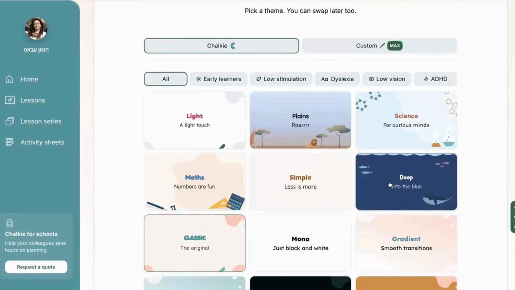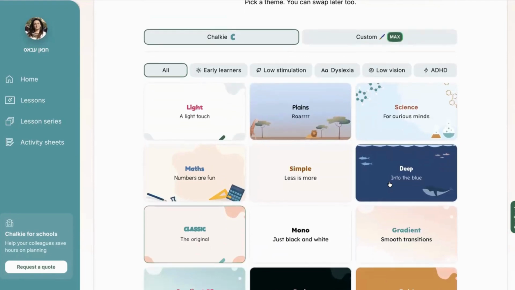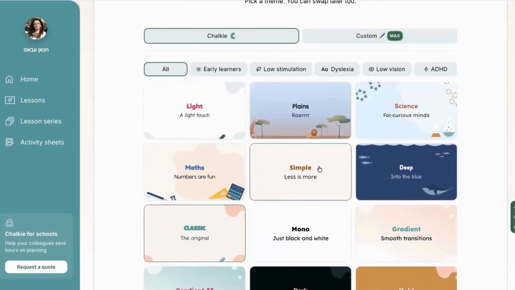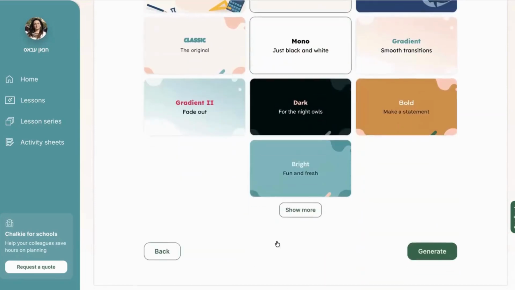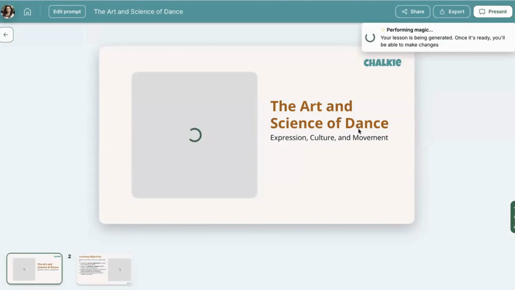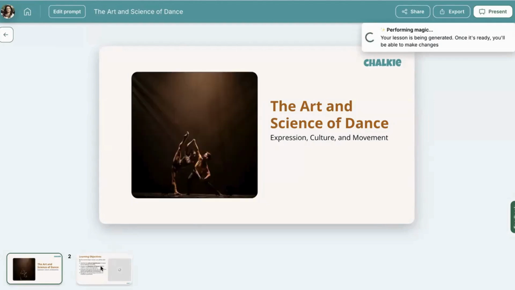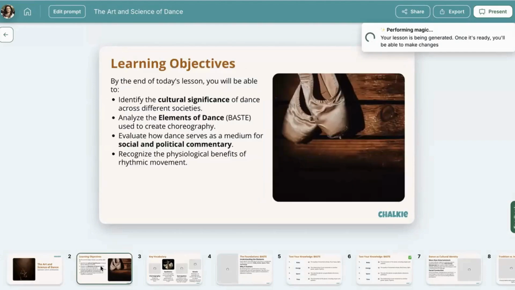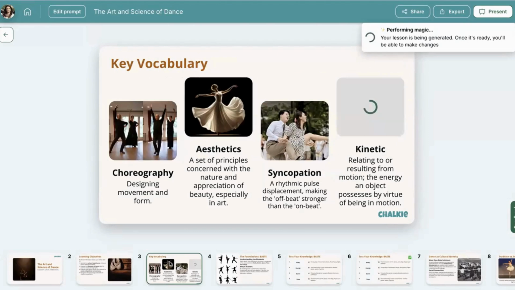Then you'll choose the presentation theme here. Let's say something simple, because we're not talking about science here. And then I'll ask it to generate. By the way, you have a lot of other types that you can choose from. And then it will generate the art and science of dance. It also generates pictures. It will give you the learning objectives as we asked it, and then the key vocabulary,